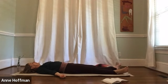Feel that soft aliveness, tingling, warmth, pulsating through your body. Letting your mind rest on the gentle mantra that is always present in the breath. So hum. The in-breath, you hear that soft so. And on the out-breath, you hear the gentle hum,